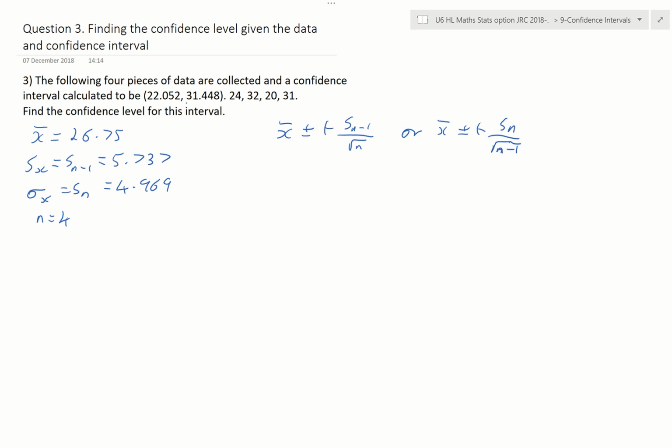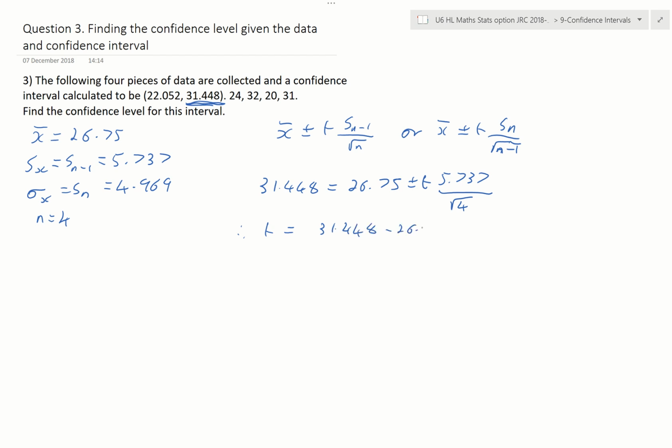So let's look at the top of this confidence interval, this 31.448. That's obviously been done using a plus here, not a minus. So we could say 31.448 equals X bar, which is 26.75, using this top one here, plus or minus t, which we don't know, times Sn minus 1, which is 5.737, over root n, and root n is root 4, so 2. If we rearrange this, we can say that t is going to be